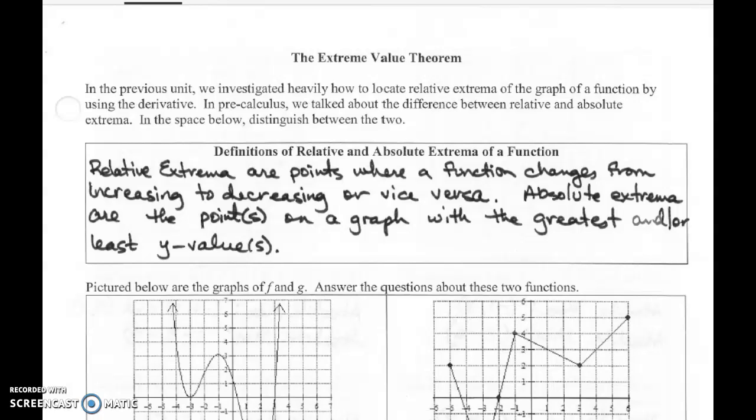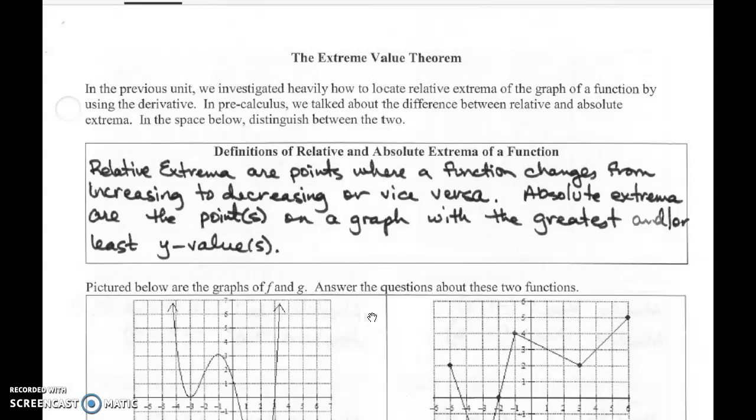We're going to begin Calculus Chapter 5, Section 1 with the extreme value theorem. I would encourage you to pause and write this down before I start to explain it. We talked before about finding relative extrema based off of where the function changes from increasing to decreasing, which would be a relative max, or decreasing to increasing, which is a relative min. What we're going to investigate now, though, is absolute extrema,